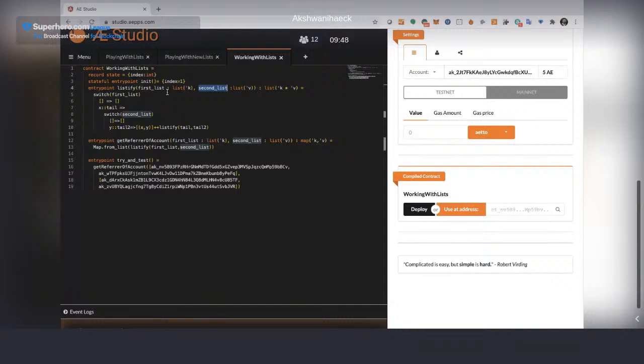Remember, the map is a key value data type. And the list can store objects of the same type, or I can store tuples. So in this case, what I did is to first create a new list of the key value tuple, and then convert that to a map with the from list.